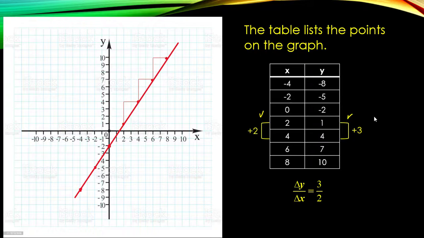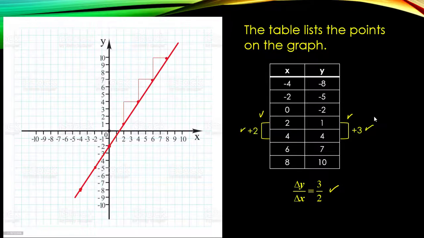Both of those are increasing, right? So this becomes plus 3 to go from 1 to 4, and plus 2 to go from 2 to 4. Then we just ratio those two values. Delta y is 3, delta x is 2,